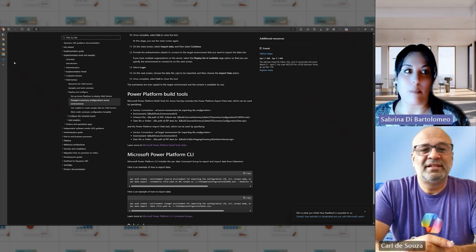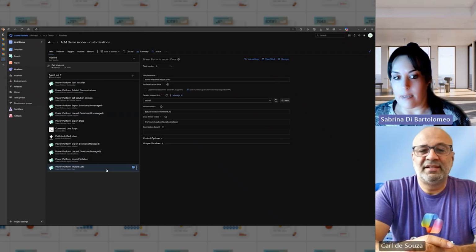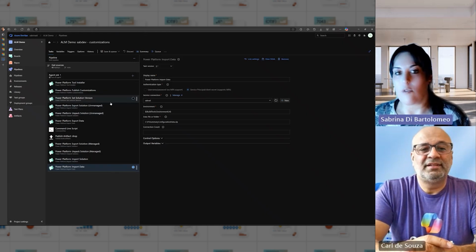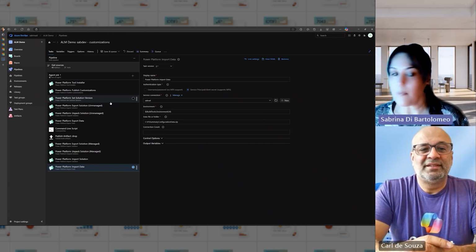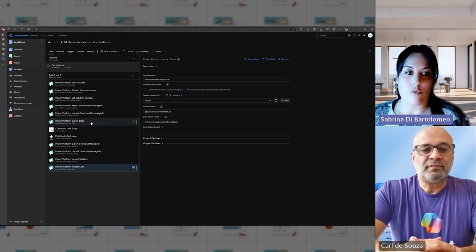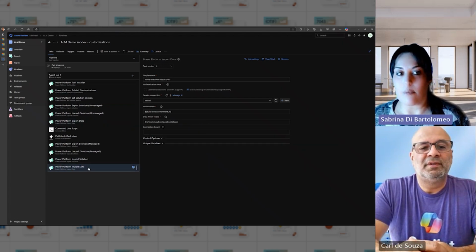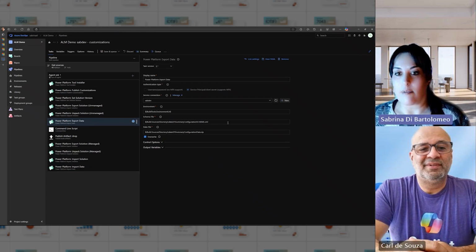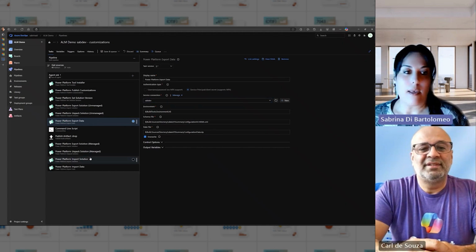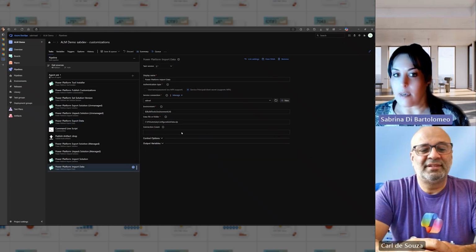or YAML pipelines. Here, for example, I prepared a pipeline that I use to export and import solution. And as you can see, there are two steps, two tasks, export data and import data. And the export data requires exactly the two files that the configuration migration tool is saving. One is the schema file and the other one is the configuration data zip file. Of course, here the service connection should be to connect to your source environment where you do the export. And in the task import data, you connect first to the target environment where you want to import the zip